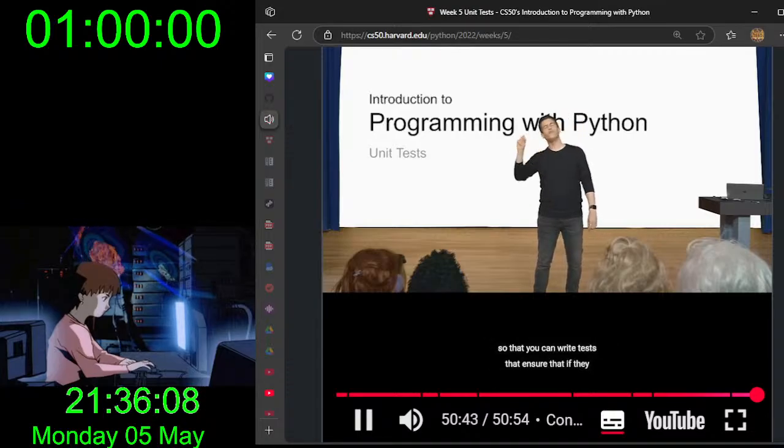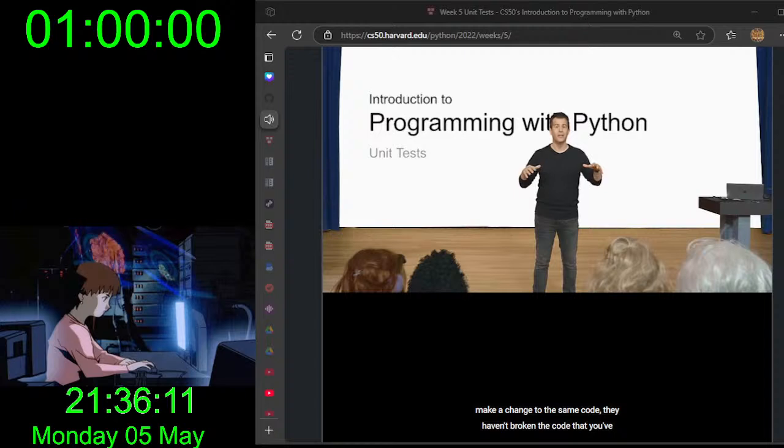tests that ensure that if they make a change to the same code, they haven't broken the code that you've